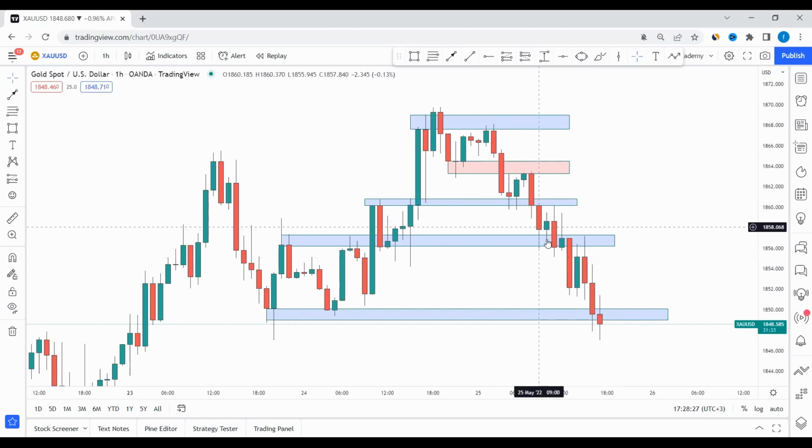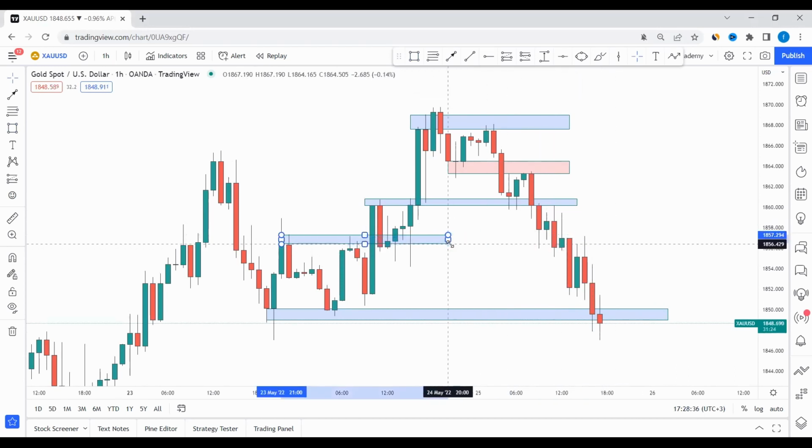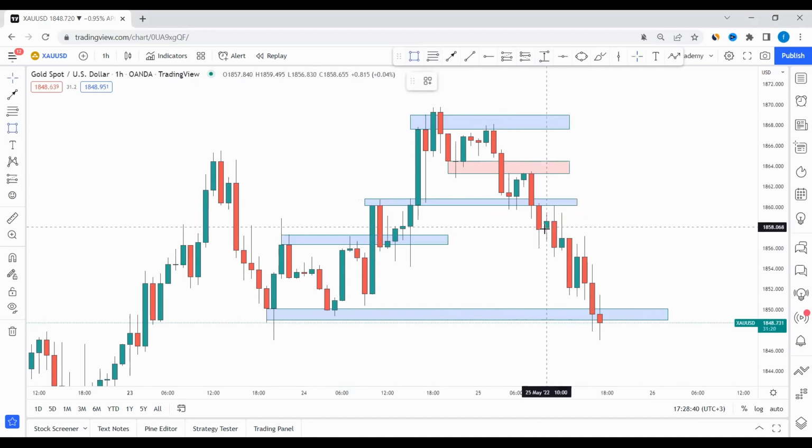But before we go there, I just want to show you that even if I don't use these old turning points here, I don't extend this, the market already reacted to this level here. And let me just draw for you a low point, a turning point. The market created this lower low here. So I could have just drawn this lower low, and the market broke below, retested it, and again created another